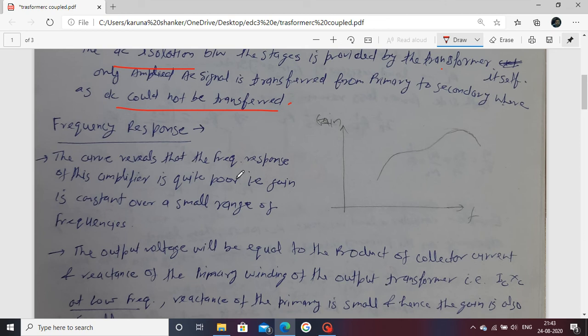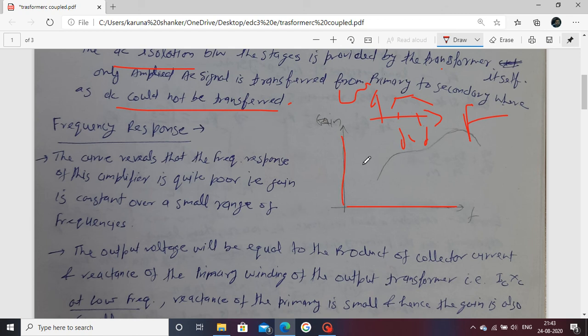The frequency response plot: in the previous two stage RC coupled amplifier, you saw the frequency plot, frequency versus gain in the two stage. Here you see that it is flat, then the gain decreases, then increases again. This is the lower side, this is the high frequency side. FL is used here. Similarly, in the transformer coupled amplifier, this is your frequency axis, the x axis, and this is the gain, the y axis. You see the plot here.